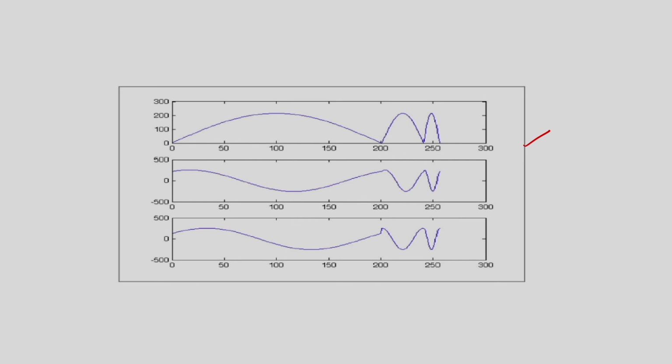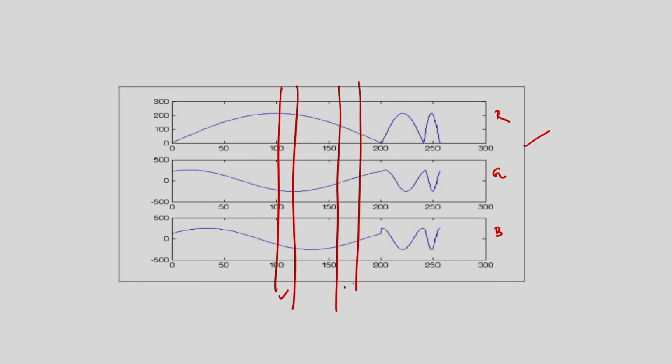So this transformation I can apply for pseudo coloring. First transformation is for the R component. Suppose this is the transformation for the G component, and this is the transformation for the blue component. And if you see the transformations, there is a difference in the phase and the frequency, and for this I am getting the false colors, and corresponding to each portion I will be getting different colors. So corresponding to this portion I will be getting one color, corresponding to this portion I will be getting another color.